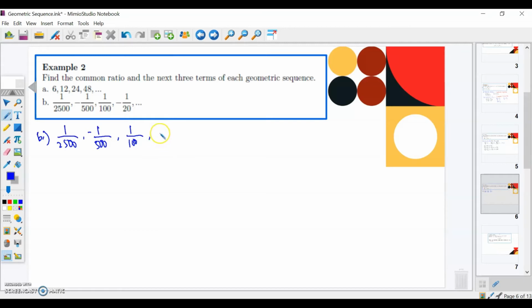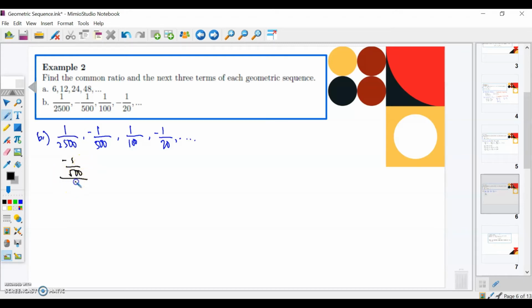The fourth term is negative 1 over 20. Again, we must look for the common ratio of this geometric sequence. To find the common ratio of a geometric sequence, we get the ratio of two consecutive terms. That is, I'm going to divide negative 1 over 500